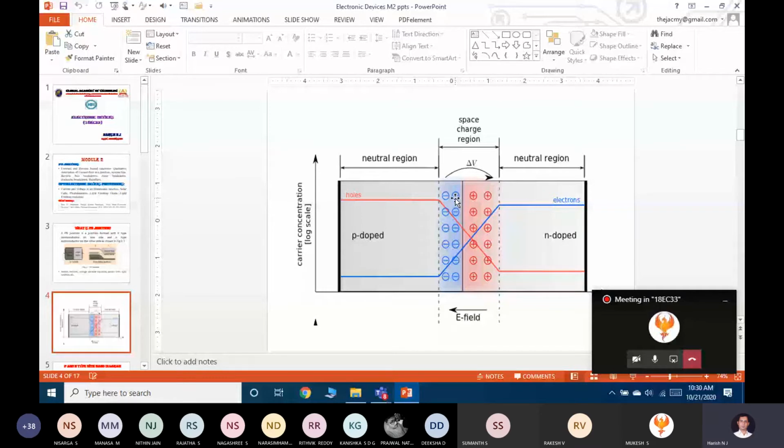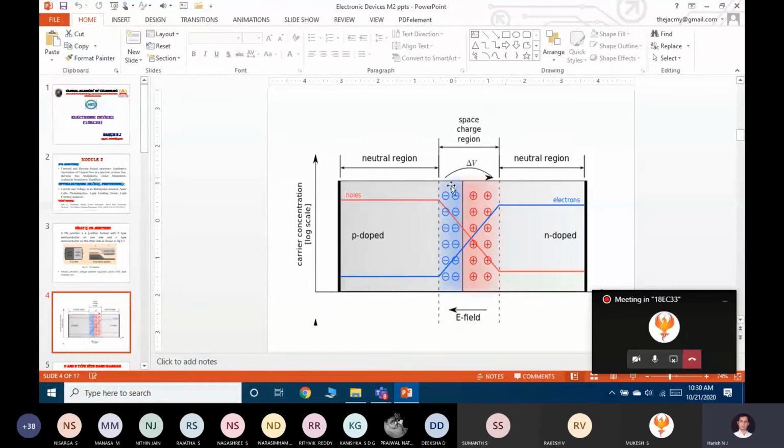Initially it is a charged particle, either a positive charge in the P side or a negative charge in the N side. When the electron comes and occupies that vacancy, it becomes an ion. In the same way, when the electron moves from N type to P type, a vacancy is created, right? Vacancy is created in the N side. Yes, sir. Correct. The same thing I have represented here. All the ions, either on the P side or the N side, become accommodated at the junction.